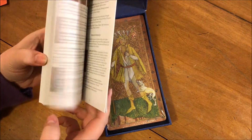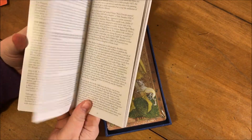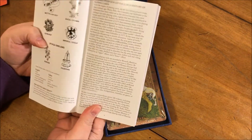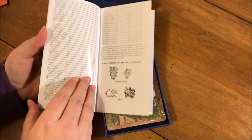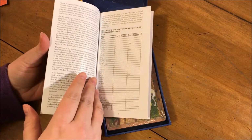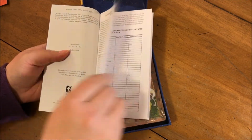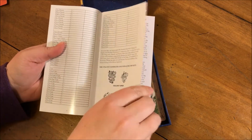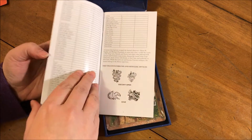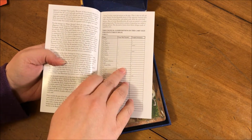Now, the little guidebook, again, a little disappointing. I was hoping for something a little better. But it does look like it's got a lot of really interesting information in it for as small a book as it is. And I understand that some of the history stuff should be fairly interesting. Oh, it even goes into the name,